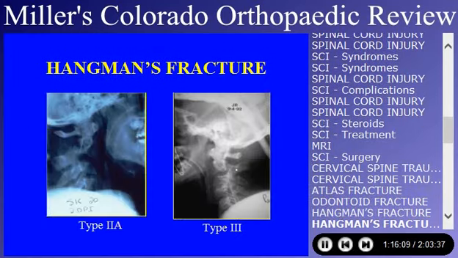This is the type 2A, which is not very widely displaced, but when you see this kyphosis of the dens, that needs to go in a halo as well. You reduce them in extension, you don't really put them in traction, you reduce them in extension, and you hold them in a halo. This is a type 3, and I know it's a little hard to see,